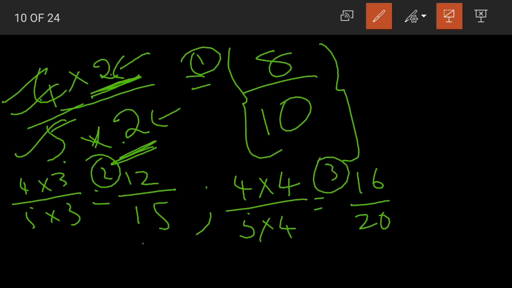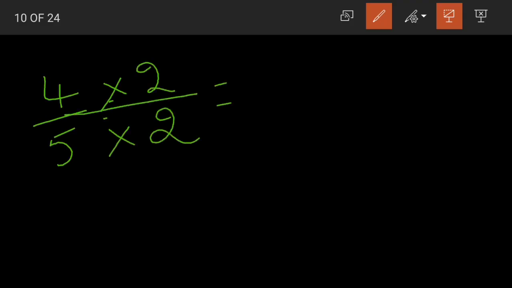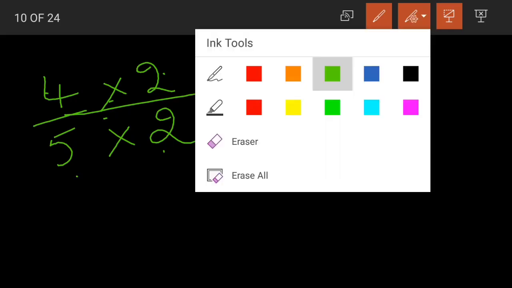In the same way, depending on your question, if they have asked you to find out 6 equivalent fractions, go do multiplication with 6 numbers. If they have asked us only 5, then 5 numbers are enough. Okay, you got an idea, right, how to find out the equivalent fractions for 4 by 5. What I did is I multiplied both the numerator and denominator with the same non-zero number, which here is 2. 4 into 2 becomes 8 by 5 2s are 10.